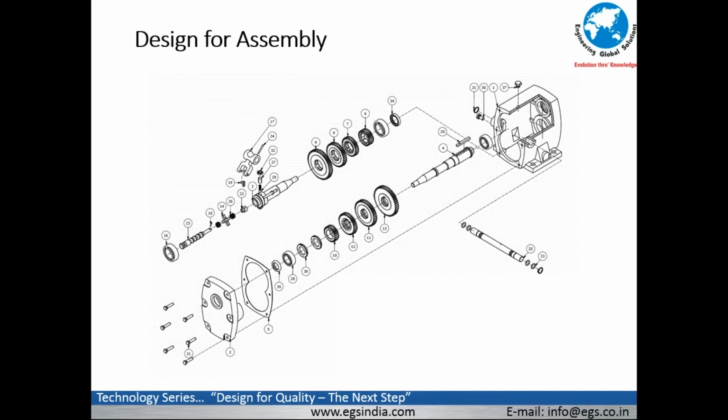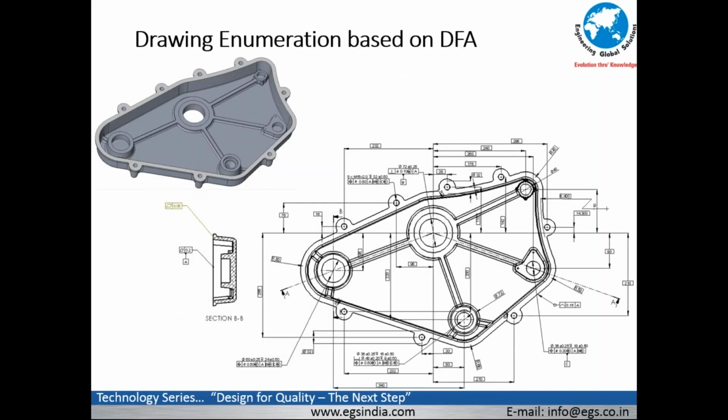If the assembly process is not in alignment with the DFQ and R objectives, then we have an issue. So the datum reference frame, or the datums that come on the drawing in GD&T, are driven primarily by assembly. So design for assembly takes center stage. Now when we are putting the drawings together, the design for assembly dictates the datums, the choice of tolerances, and the way the GD&T schema or the drawing schema is laid out.